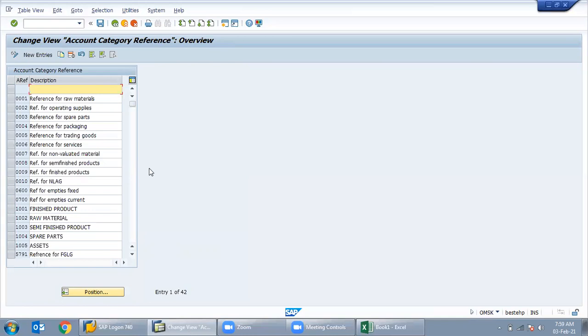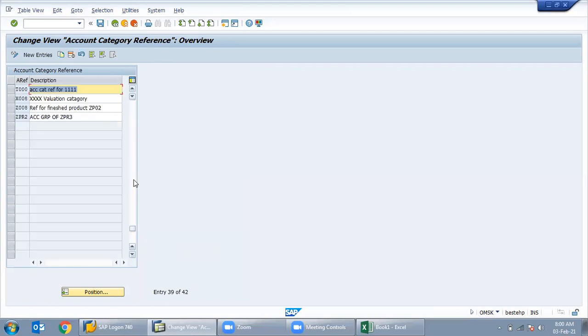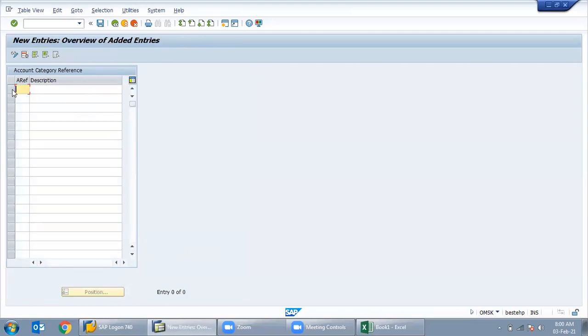I am telling from the point of view that you are doing an implementation and you started the setup of the valuation class. So now you have to create account category references. We just create a new one. My reference is X001.